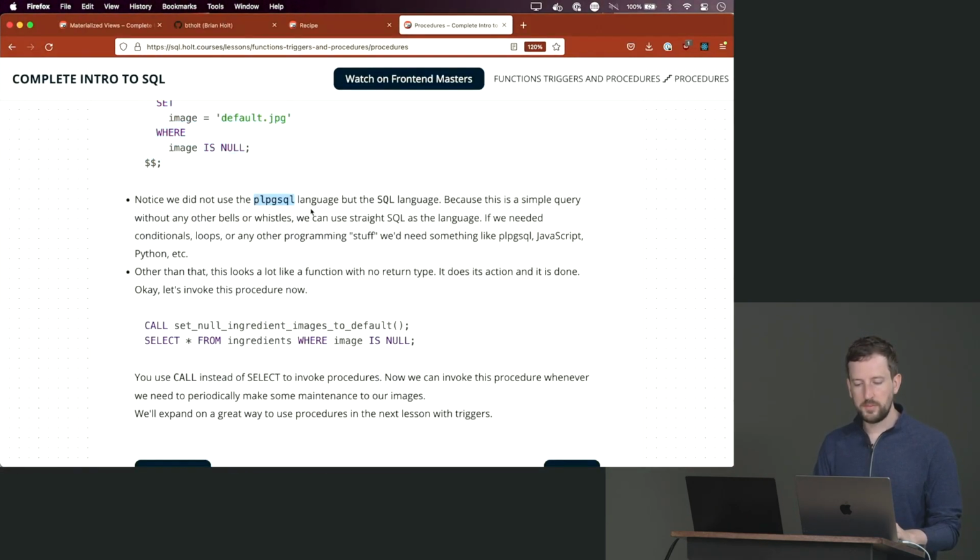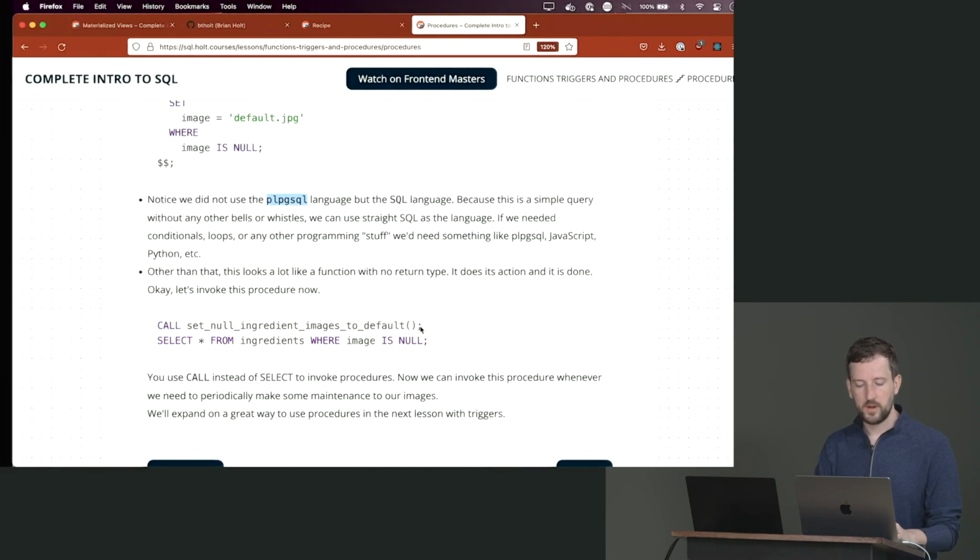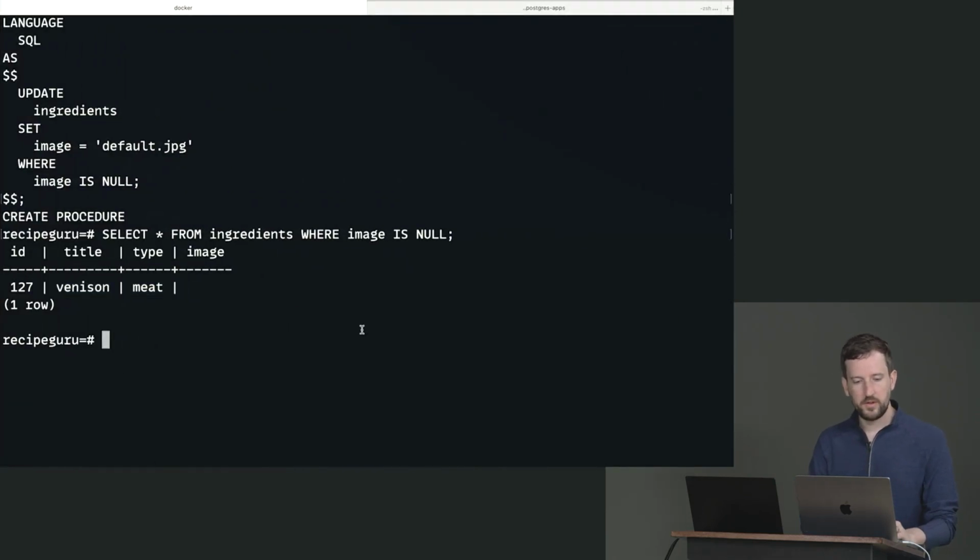So again, we could use PL/pgSQL here, but we don't need to. This is a simple query. If we needed to do some sort of for loop or something like that, you would need to use PL/pgSQL. Now, we could have some sort of background job. We could have something in our app that would reach out. There's a cron. We could have an AWS Lambda that runs on some sort of timer that would call this. But anyway, something needs to call this function right here,